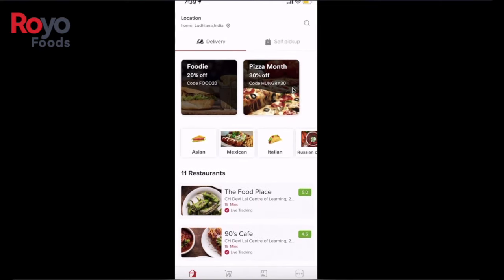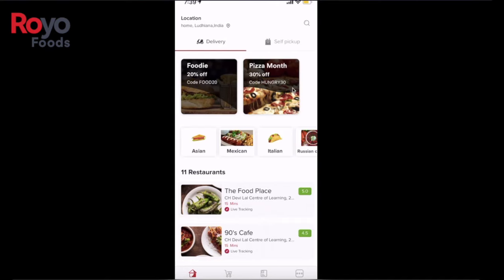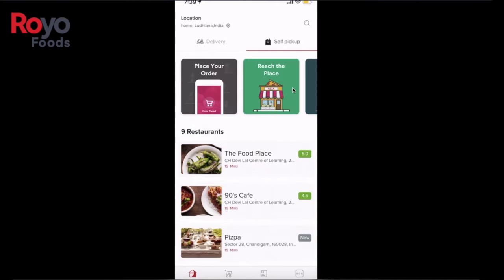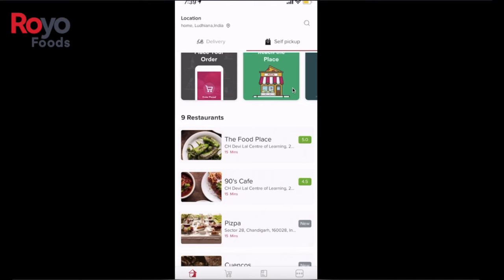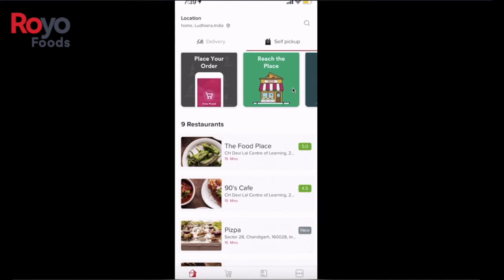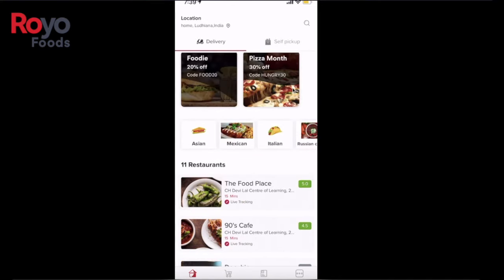And then below this location, we have two different options. The first option is for delivery and the second one is for self-pickup. Under self-pickup, you have those restaurants who are not offering any kind of delivery. So the customer will just have to go to that restaurant for picking up their orders. And then under delivery, we have all the restaurants who do have their fleet of drivers who are offering the delivery.